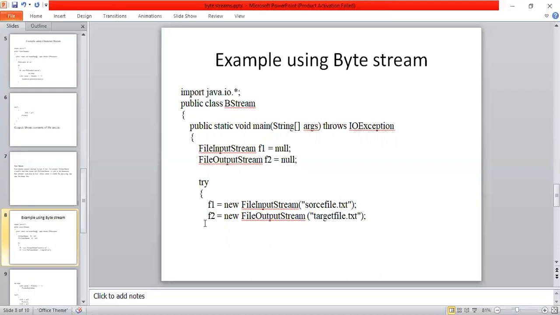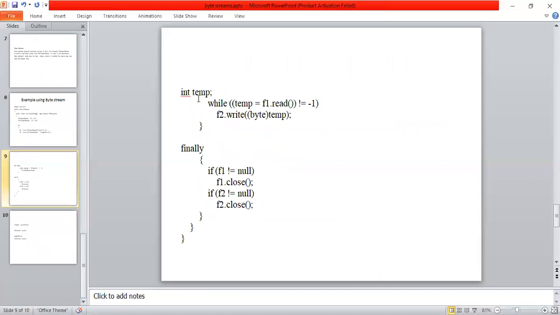Because of that, I represented these two statements. Next, int temp. This temp is of int type. While temp is equal to f1.read, this read method reads the numbers or characters from f1, which is not equal to -1, meaning the file contains some content.